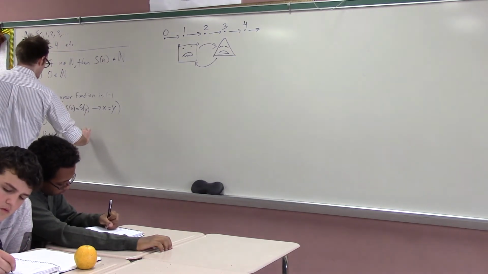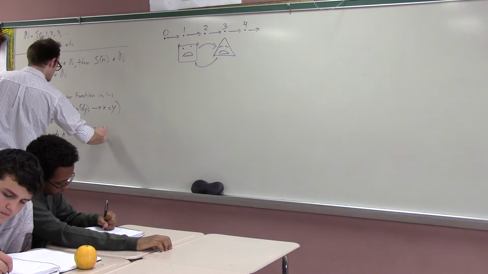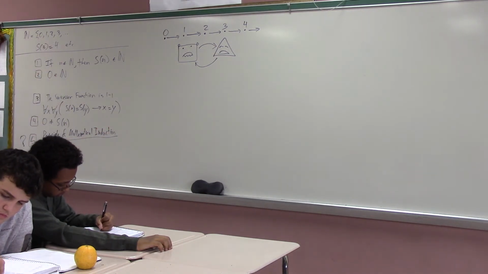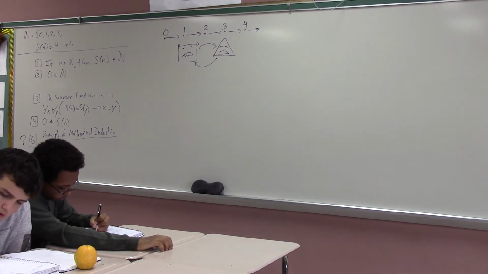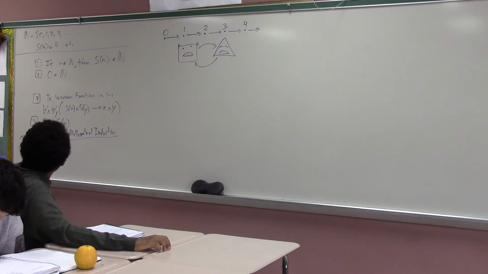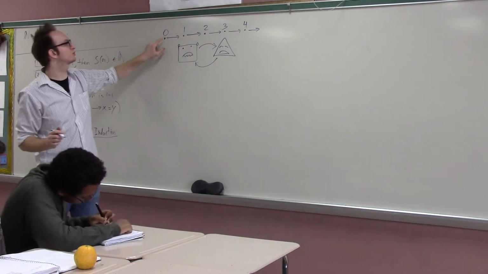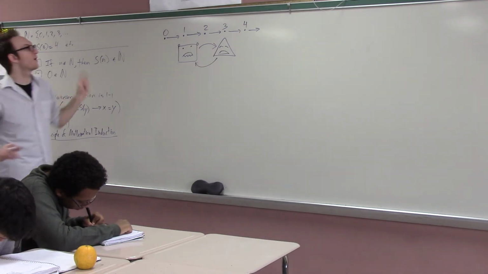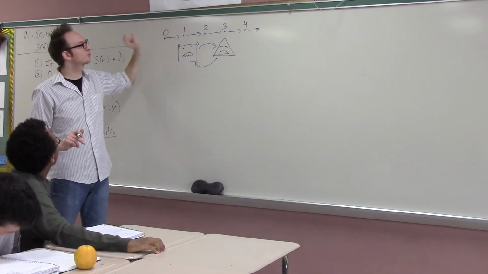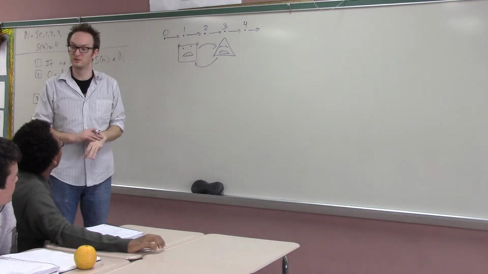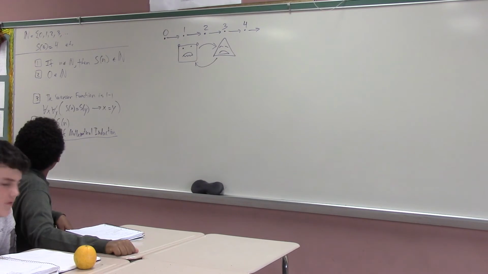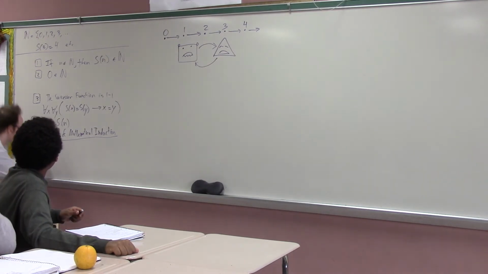The principle of mathematical induction. The principle of mathematical induction says something very complicated. It says that if something is true of 0, and whenever it's true for a number, it's true for the successor of that number, then it must be true for all numbers. And writing this out actually is very complicated.